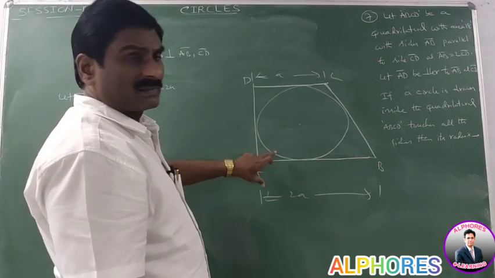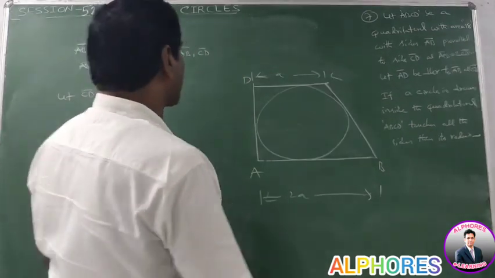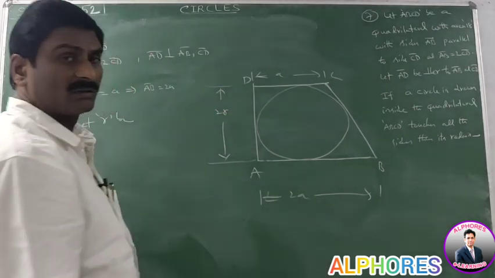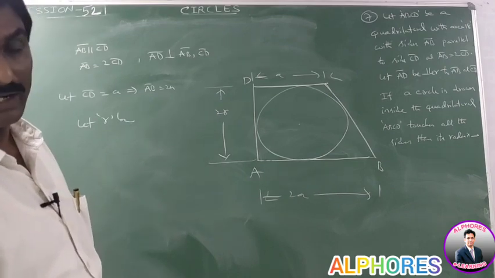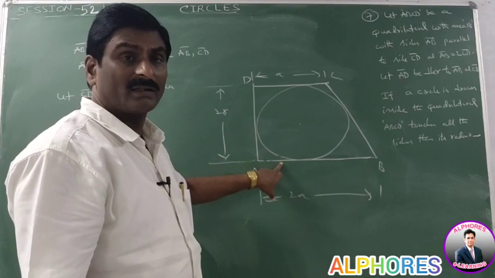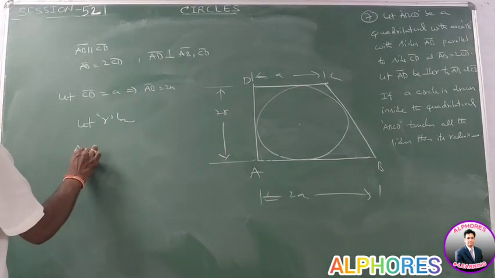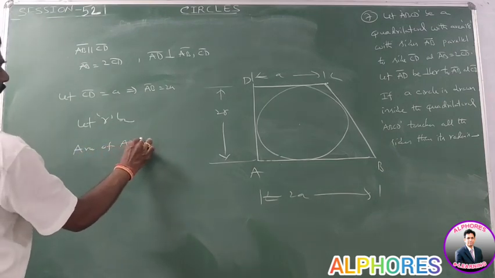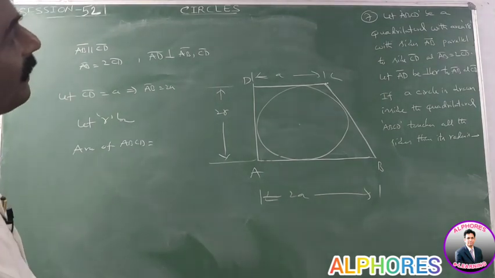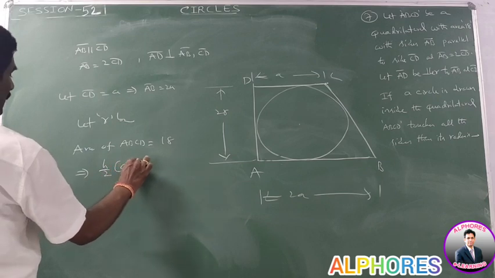These two are parallel, which means parallel tangents. The distance between these two parallel tangents is nothing but the diameter. So this value is automatically equal to 2R. From the given area of the quadrilateral, what is the area? It is simply a trapezium. Two sides are parallel. In a trapezium, what is the area? H by 2 into A plus B. Area of the quadrilateral is 18 square units. That means H by 2 into A plus B is equal to 18.